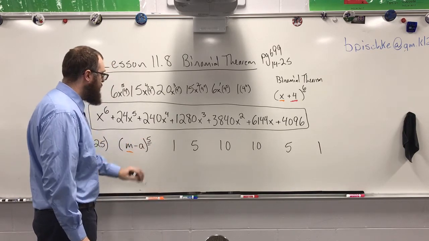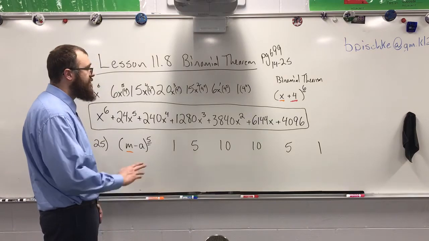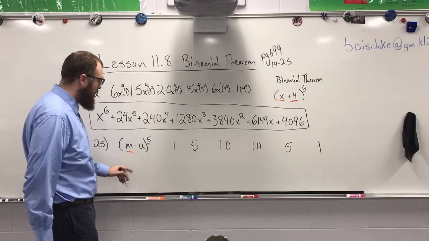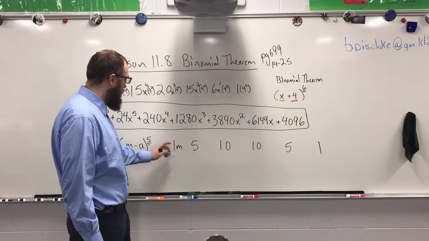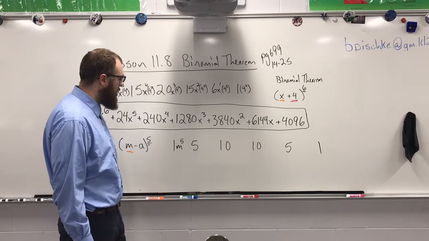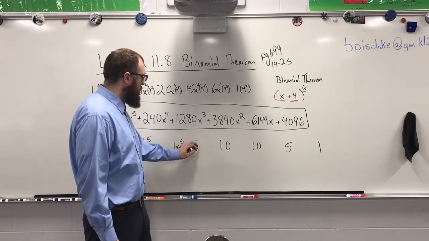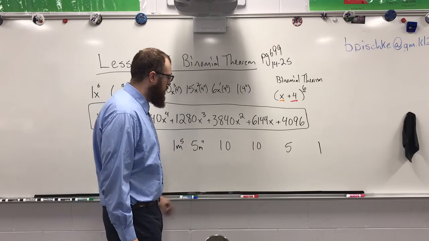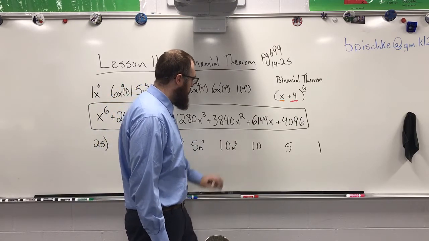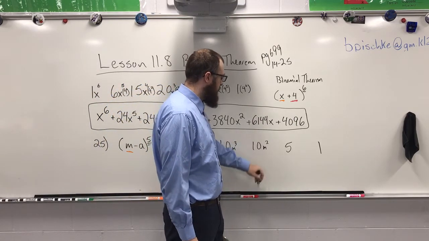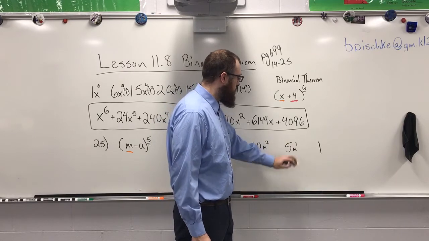Remember, I wanted my 5th row because of the 5th power. I start with my 5th power because I'm taking it to the 5th power. M to the 5th, M to the 4th, M to the 3rd, M to the 2nd, M to the 1st,